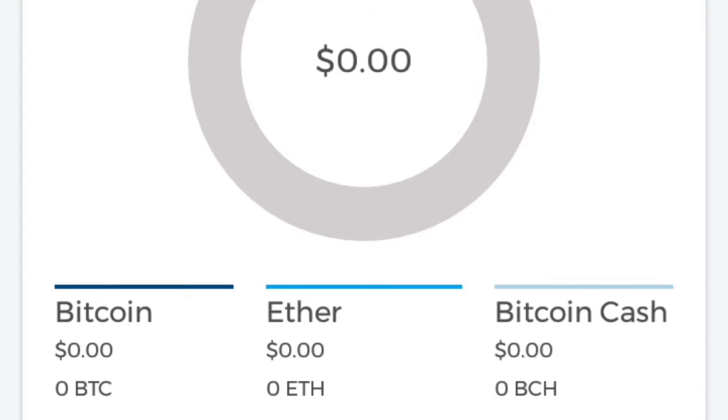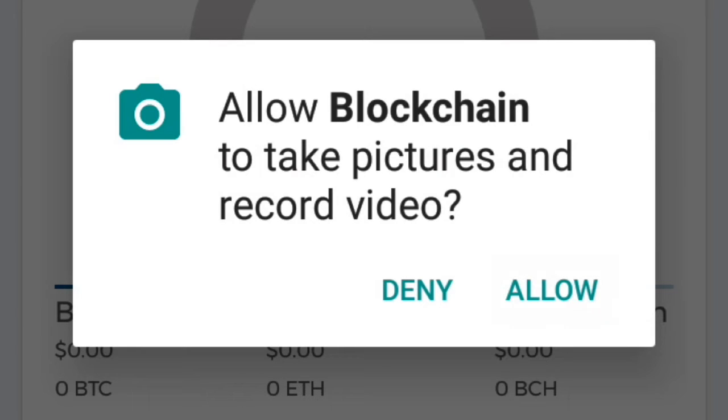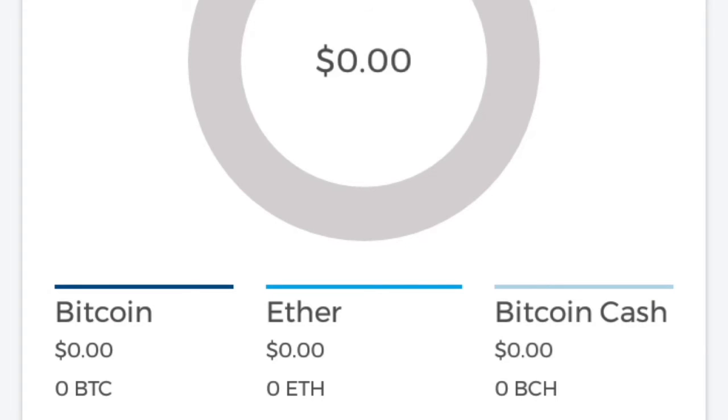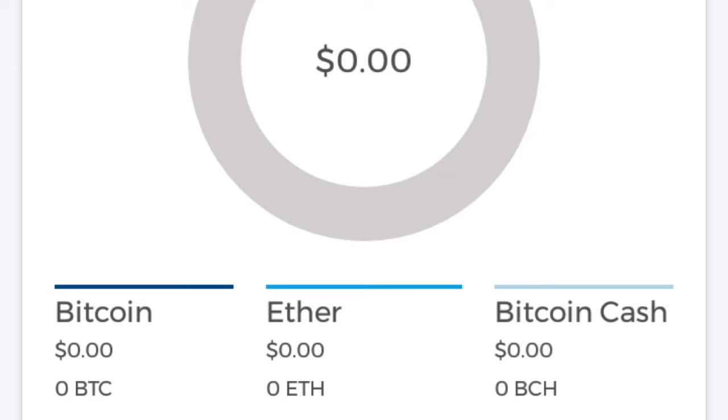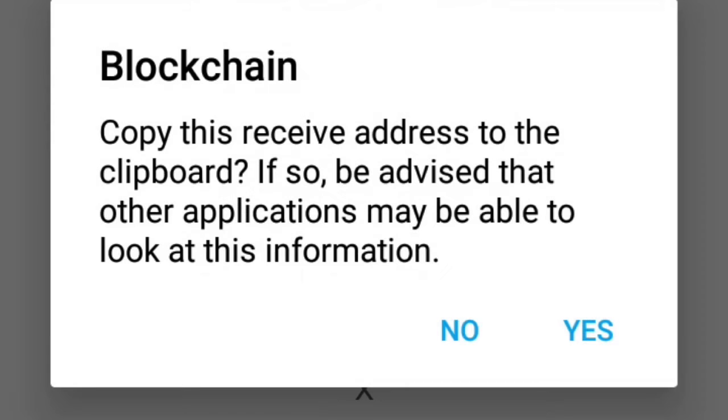If you wan send somebody your address wey dem go use send you money, na here you go click on. You click on here. That is if you wan scan QR code, na there you go click. Then if you wan receive money, you click on this down button for here. They will tell you tap to copy address. You go tap the address. This one wey dey here, na you go copy. You send and give people. See am copy, yes. Then you go paste am for the place where you wan send the person.